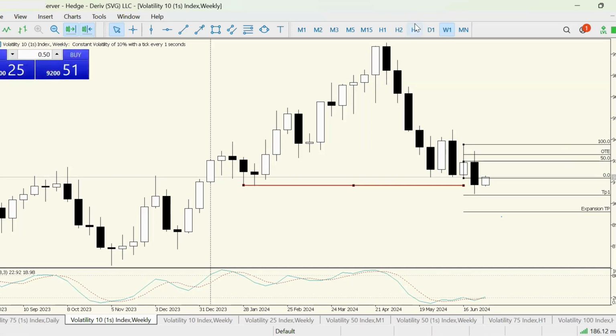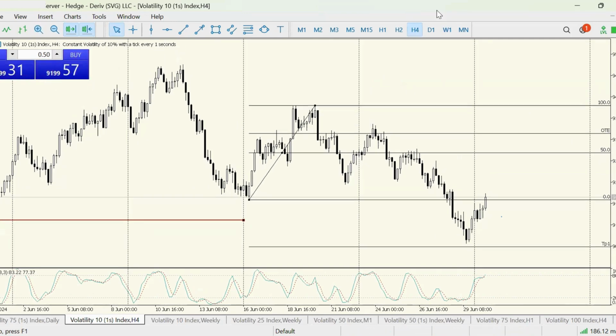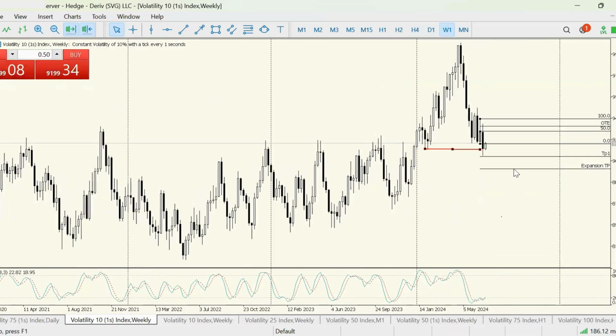From our entry, the analysis that we have is a swing high, a swing low, and a swing high. Our ideal take profit for this swing trade would be around this expansion TP, according to the rules of ICT trading, if we're using this approach. So if we're going to hold this trade, we have a break of structure that initiated